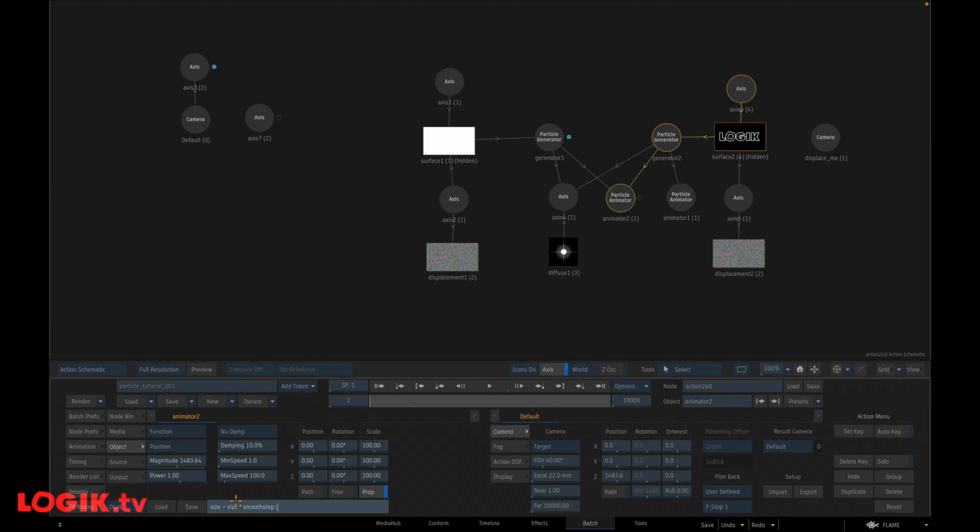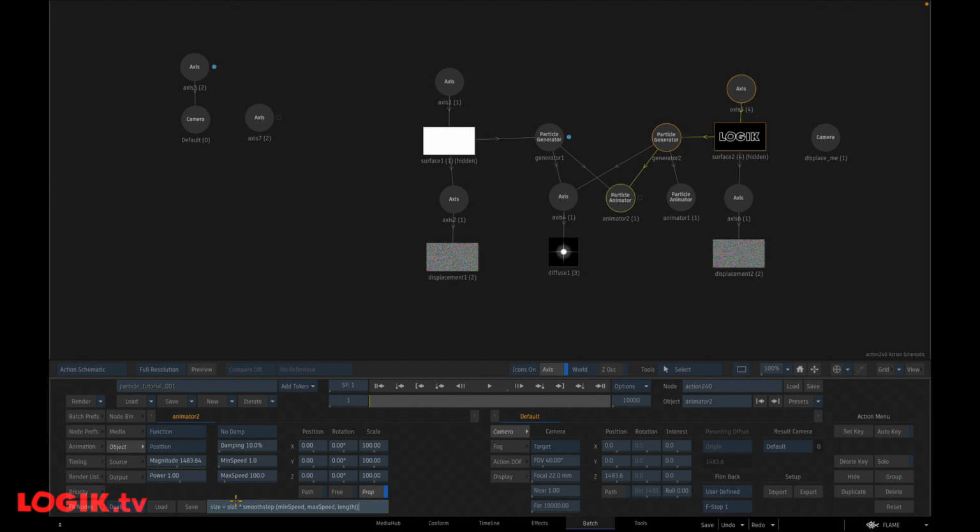To define the minimum and maximum values, I'm also going to use the parameters from this particle animator, the min speed, comma, max speed, comma, and the length between the position